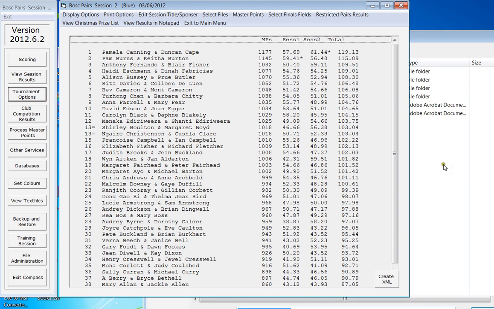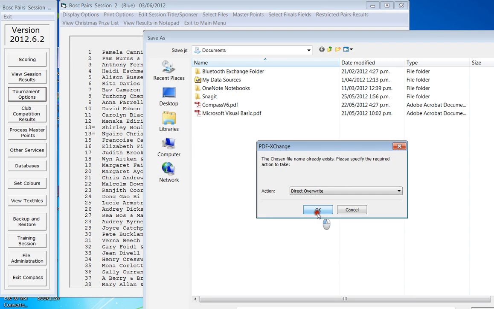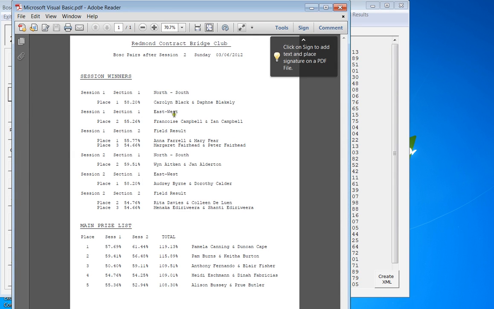And now this will come up because I've got it set up to come up in PDF. It'll come up here in a second. So here we've got the overall prizes for 1st through to 5th, and then the session prizes for each of the sections. So these are the winners of each section within each session. So we've got North-South and East-West for session 1, and then we have got